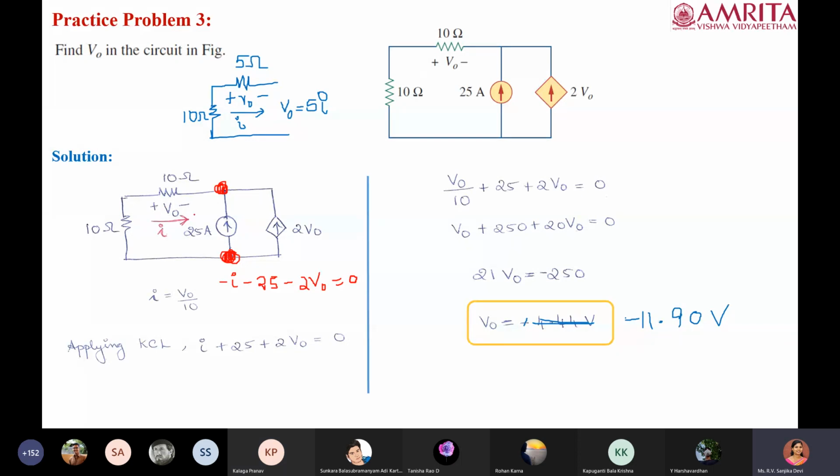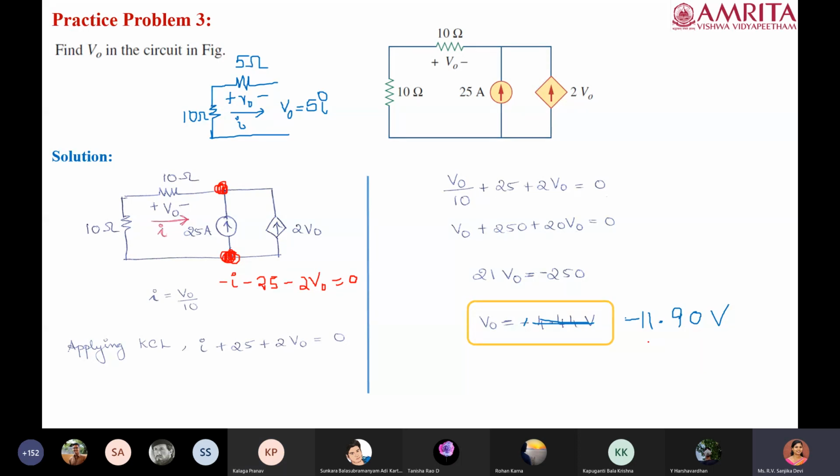So it is very difficult, especially when you have more than one source, to understand in which direction the current is flowing. So the best way is to assume a random direction, solve the entire thing, and if you get the answer as negative, it means that the current is actually flowing in the opposite direction. So you can even consider it like that also, ma'am. Yes, you can also consider it to be flowing in the opposite direction.